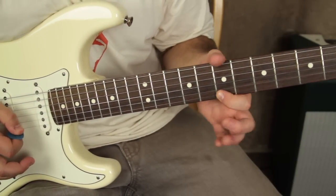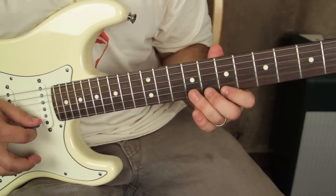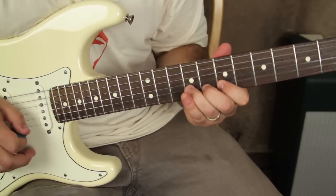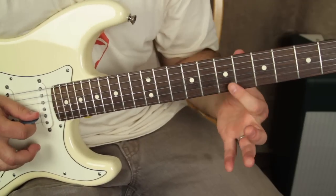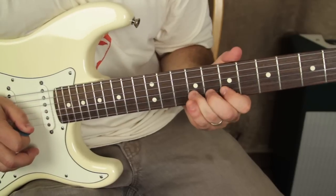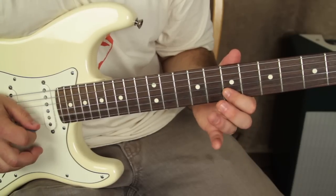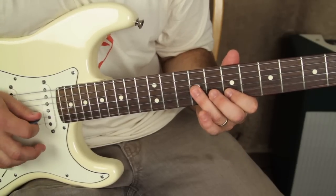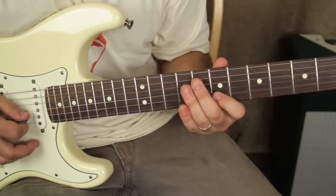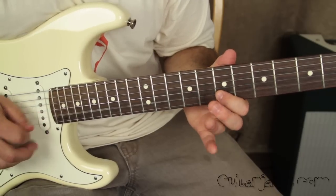Then index finger goes to the 7th of the high E, and then ring goes to the 9th of the B. And so then I'm taking the 7th of the B and hammering it to the 9th. So it's like, so we got to go 7 on the B to 9 on the G,